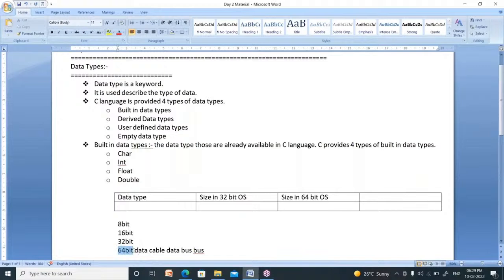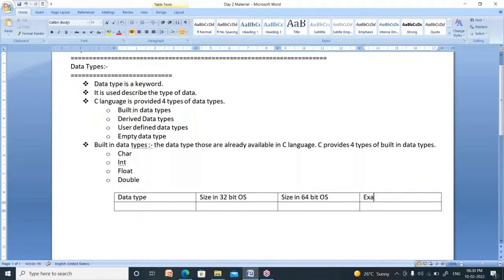This is nothing but the width of the cable. So 16-bit is more powerful than 8-bit, 32-bit is more powerful than these two, and 64-bit is more powerful than these three. Recently we are having 64-bit operating systems, but most computers may have a 32-bit operating system also.